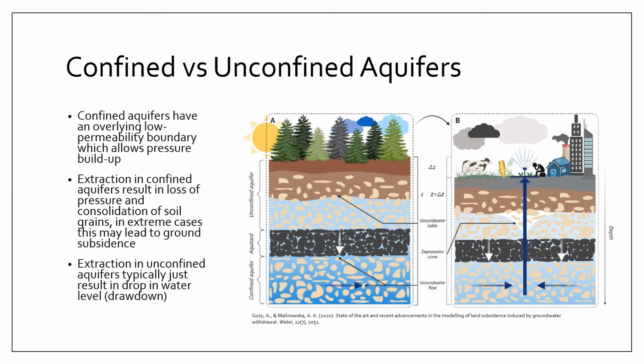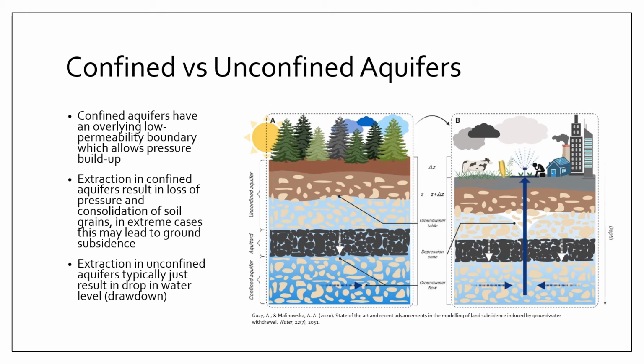meaning the soil skeleton structure is hardly supporting the weight of the overburden above. Or in other words, there are confined aquifers where you have so much pressure that parts of the overburden are being supported by water pressure. Now, when you extract that water from that confined aquifer, you start taking out water pressure, and as a result, you slowly transfer the load of the overburden to the soil grains. And that results in consolidation